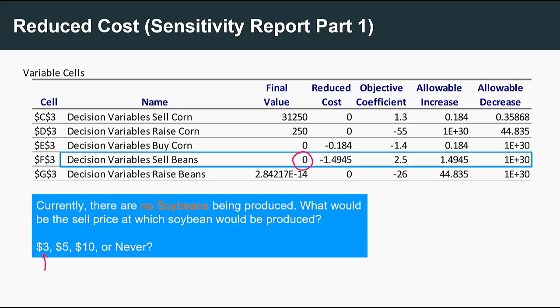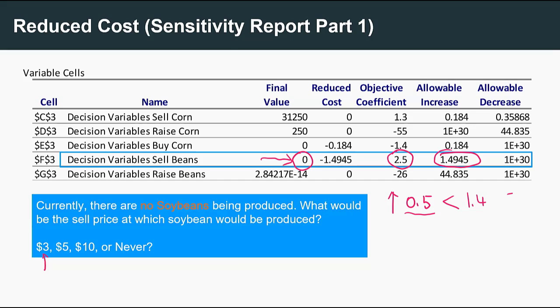Let's look at this $3. Compared to this 2.5, it's increased by 0.5. And since this increase is smaller than this 1.4945, that means if it's $3, then the soybeans is still going to